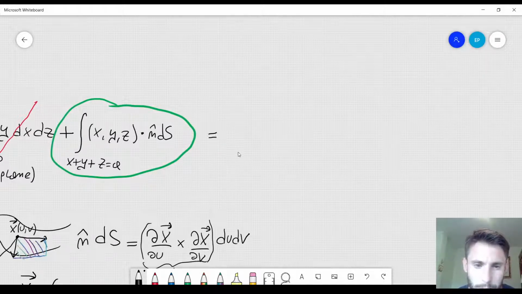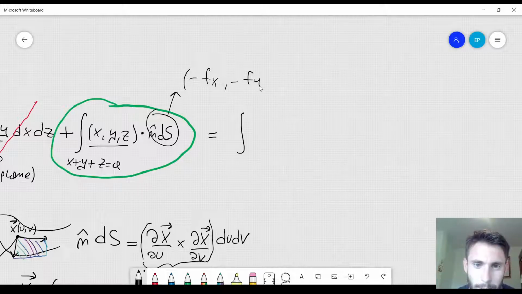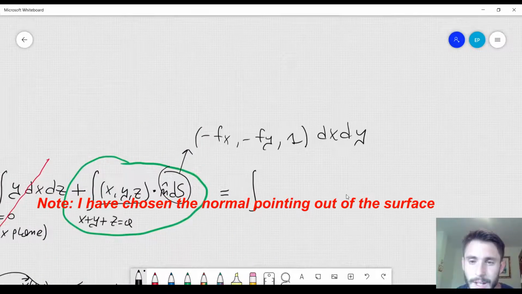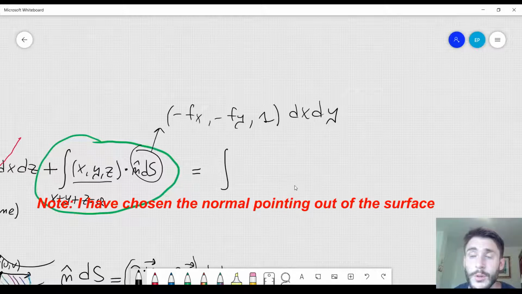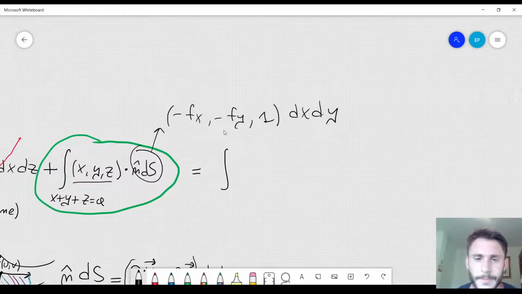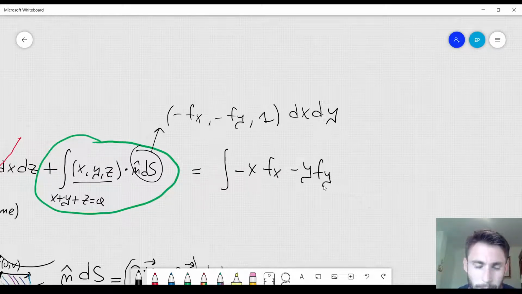This will be equal to the integral, if I take the dot product between this vector and this vector here, which is just (−f_x, −f_y, 1) times dx dy. dx dy are just du dv. I have chosen u equal to x and v equal to y. So this will be minus x f_x minus y f_y plus z times 1,